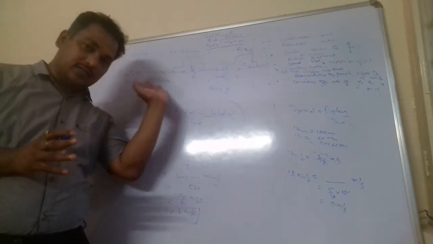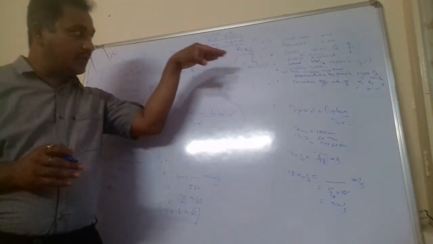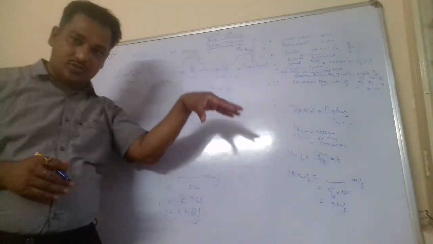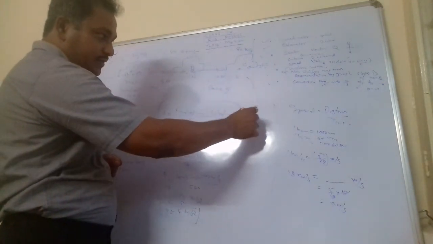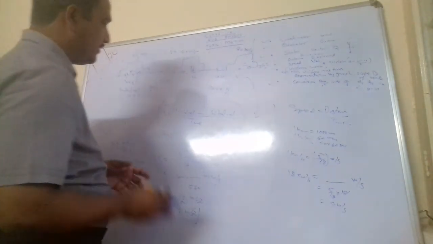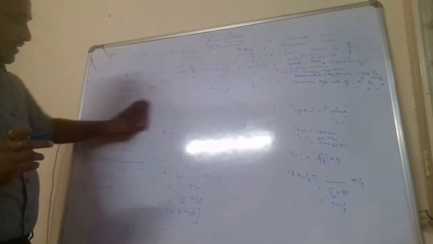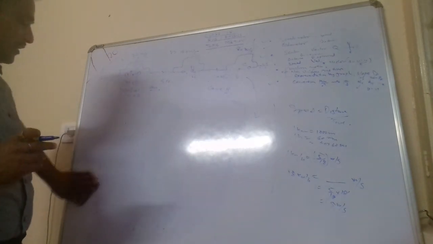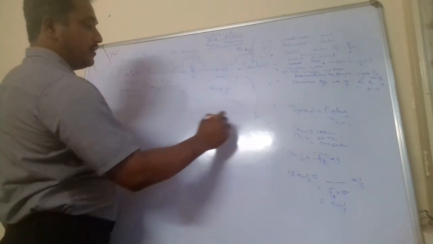Here you can see that the acceleration is increasing. It could be that acceleration is decreasing also sometimes. For example, the vehicle was accelerating, increasing the speed. After some time it has to stop somewhere, so it will decrease the speed. You will apply brake, and so the vehicle is decelerating. Now what speed will it come to? For example, here the same vehicle we are considering has a change in velocity. Let's see. If the velocity is changing from 80 meter per second to 60 meter per second, this vehicle is